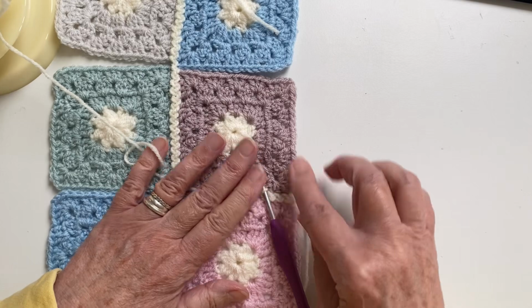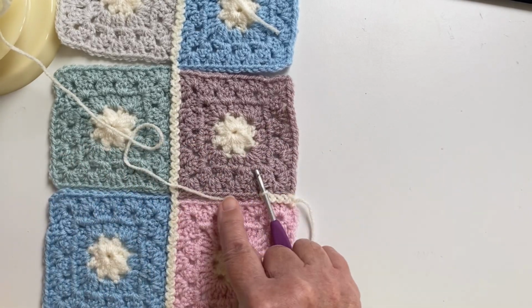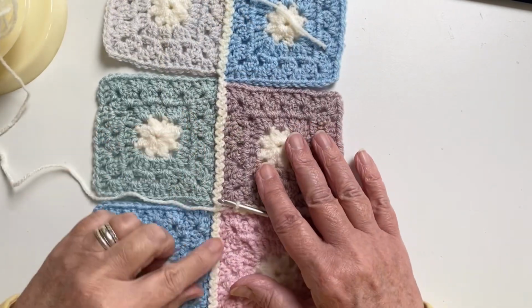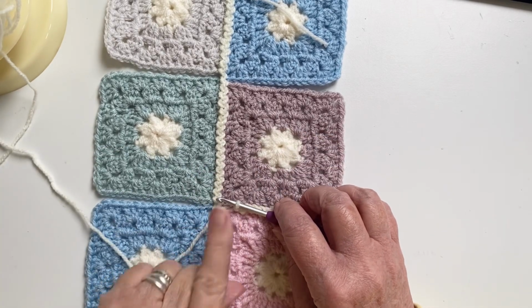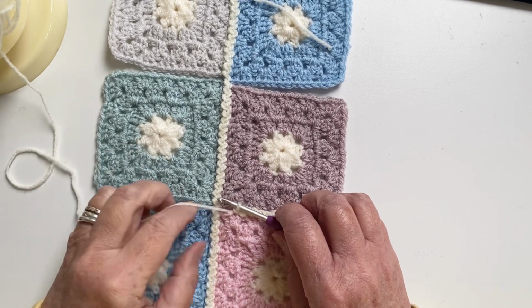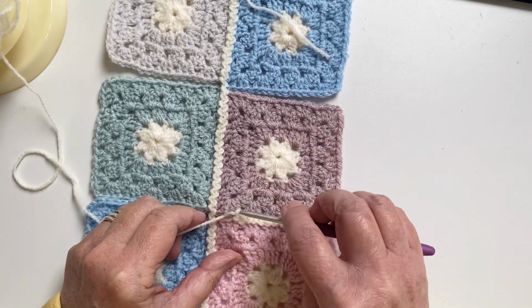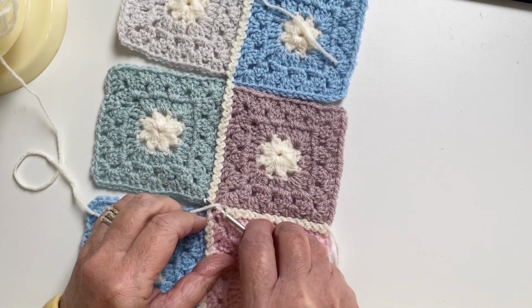So that is the start of this join. So I'm going to work along until I come to the intersection, and I'll be back to show you what happened. I'm just about at this junction now, and of course there's no space left for my finger to hold this up, so I'm just working flat on the table. I've just got 2 or 3 stitches left to make, so that's going in there, and then this one into here,